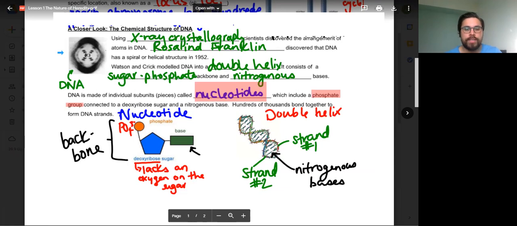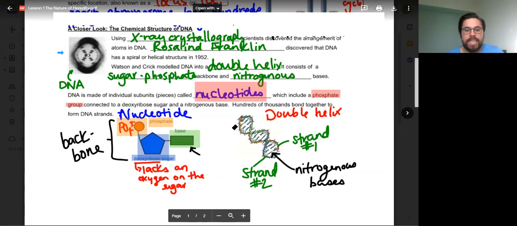So a nucleotide consists of that sugar phosphate backbone. There's the phosphate group, and then the sugar group, the deoxyribose. For those of you familiar with chemistry, deoxyribose means it lacks an oxygen on one of the carbon chains. So the deoxyribose phosphate backbone, that sugar and that phosphate group make up the backbone. And then we have the nucleotide base, which for our purposes in this unit is not the most important thing per se,